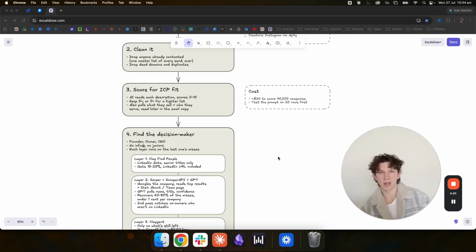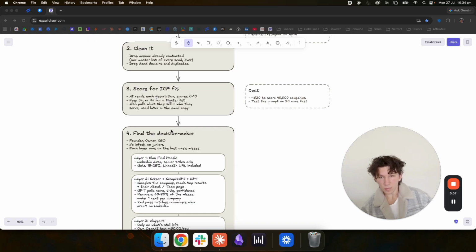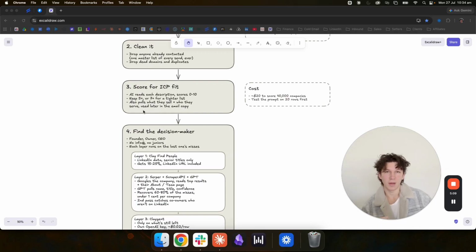For more generic agencies, when it's just we do web design or we do SEO, those get a score of 6 or 7. And then if the profile is just digital marketing and content, then that will get a 5. But below 5 is basically not a company that's in your ICP at all. It's a totally different category of company, so we leave all of those out. So you keep 5 plus out of 10, and then you just scrape the rest